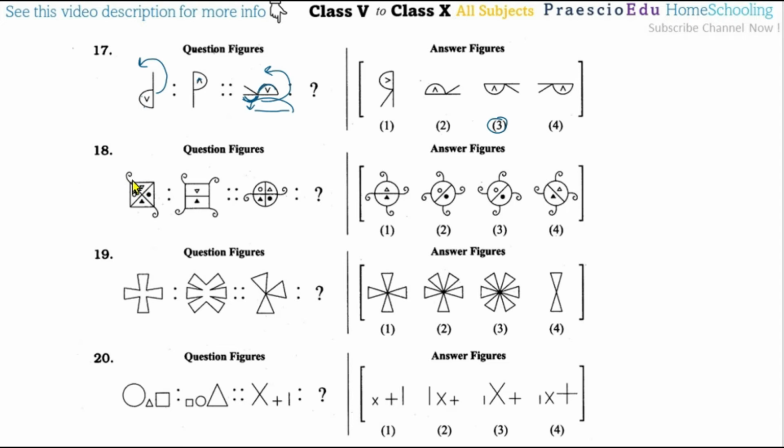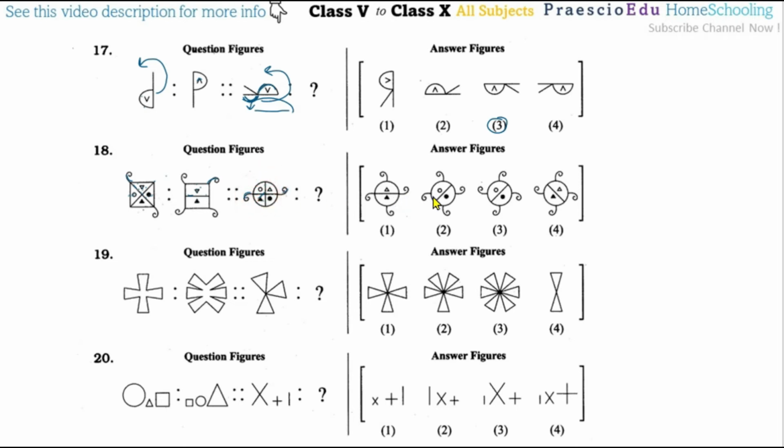Now question number 18. This figure and this figure are term number 1 and the second term. If you compare, the triangles inside this one are kept the same. Only these horizontals on the left and the right side, meaning the circles, are getting hidden. But with the addition of these two vertices, this shape comes, and the lines here, the cross, are diagonal, but here horizontal. So with the same relation, if we make it here, these outsides stay the same, but the line will be something inclined like this one.